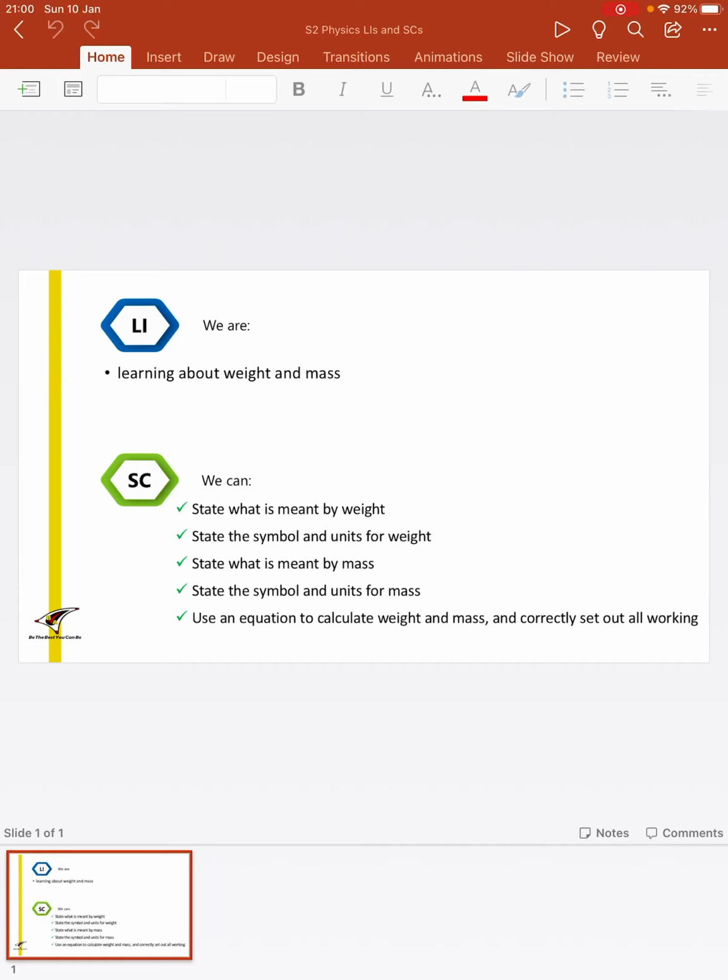Hi everyone, this video is going to talk you through your work for the week beginning the 11th of January. As explained in the introduction video, you will be given a checklist of work to complete each week. Here I'll show you what you will be learning about, then I'll show you the checklist and where to find